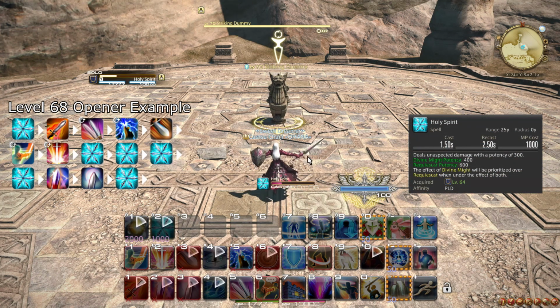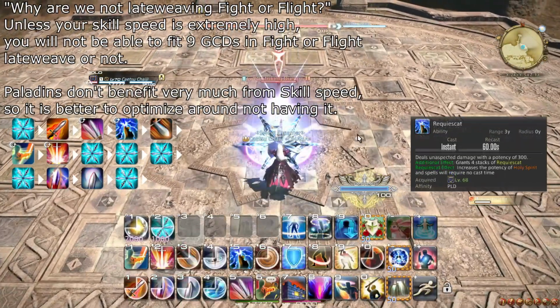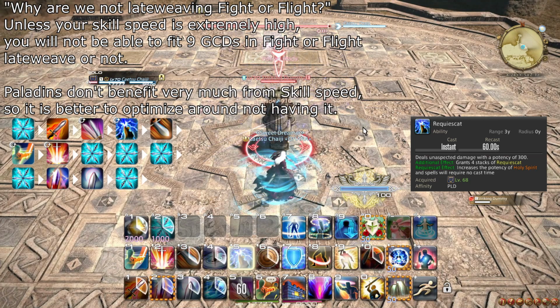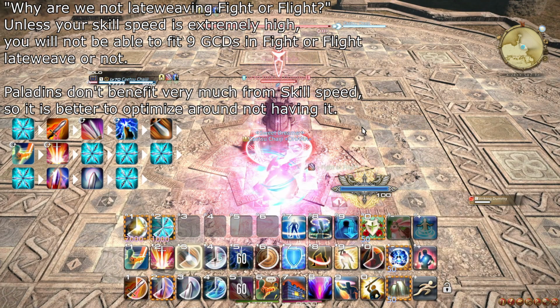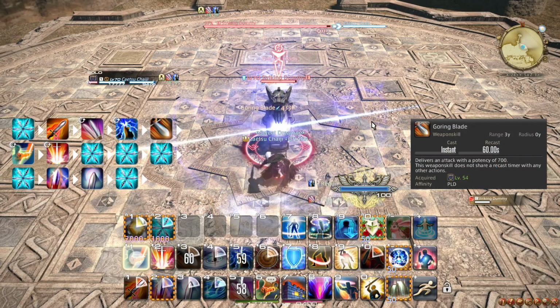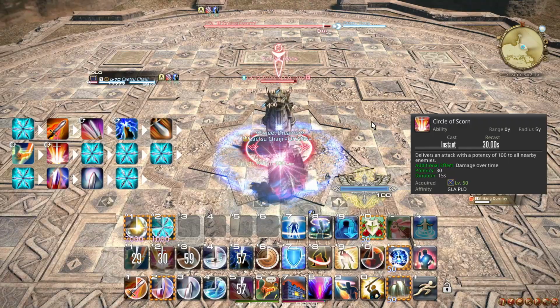Pull with Holy Spirit, then use Fast Blade, weave both Fight or Flight and Requiescat. If your GCD is fast enough that you can fit 9 GCDs if you late weave Fight or Flight, then push Requiescat to the next GCD to do so. Then use Goring Blade, weaving Spirits Within and Circle of Scorn, and push Circle of Scorn if you pushed Requiescat